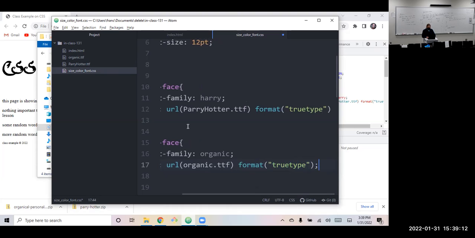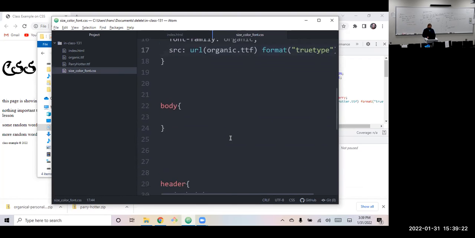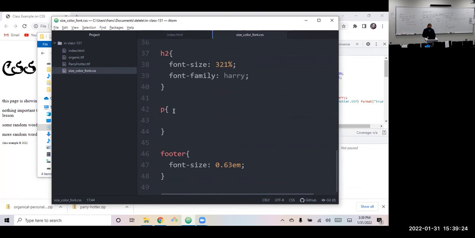But for some reason, I found that if we don't include the format rule there, it might act funny on some browsers. And then maybe use that in paragraphs. So here in the paragraph, we can say